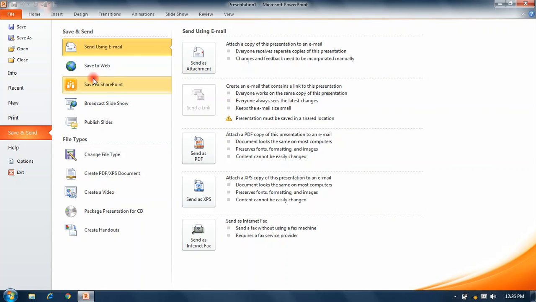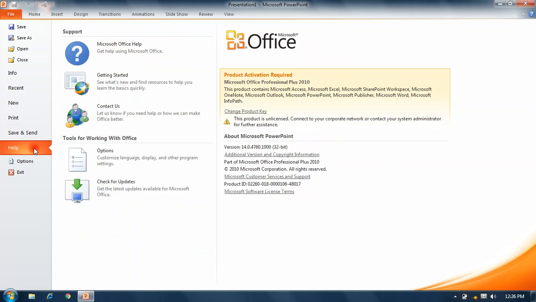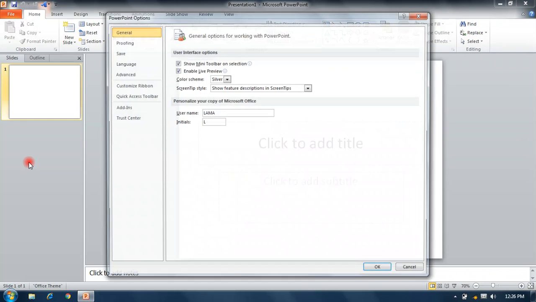Save and Send is used to send by email or over the network or internet. Help gives the option to provide help about how we can work on this application. Options is the PowerPoint options.